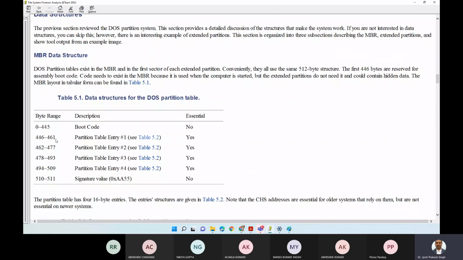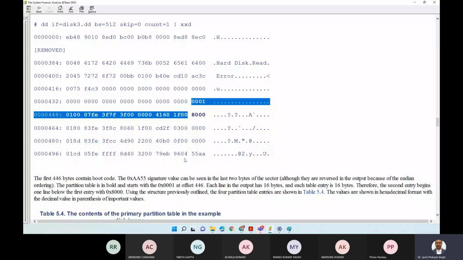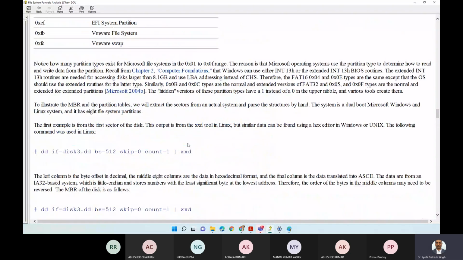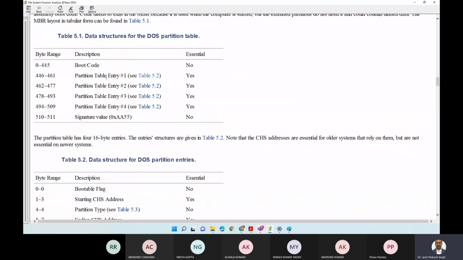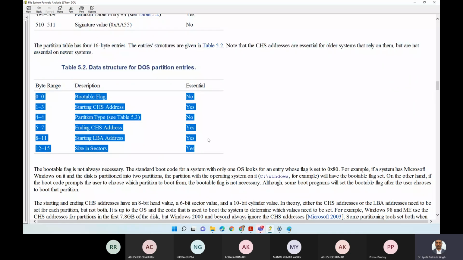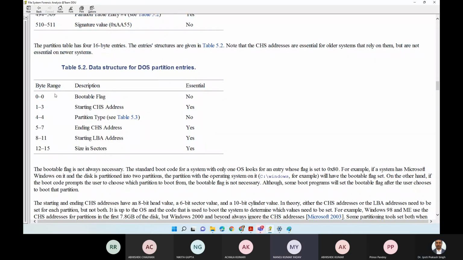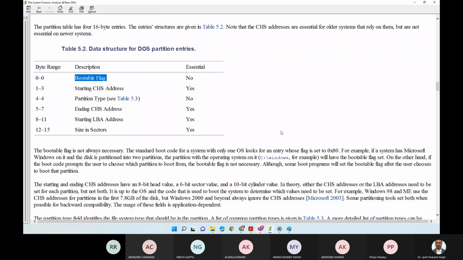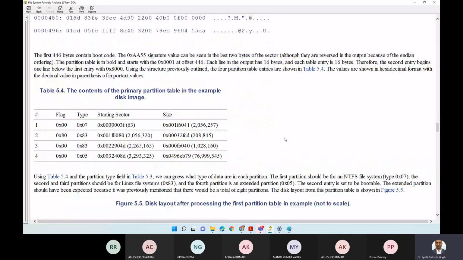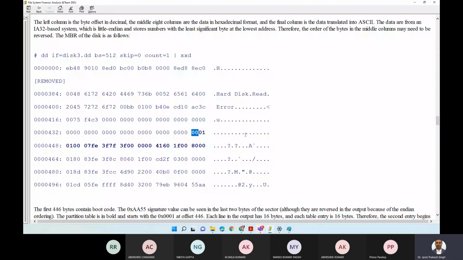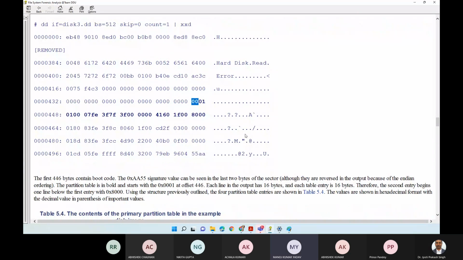नेक्स्ट वाज 446 से 461 तक पार्टीशन टेबल एंट्री 1 था। तो यहाँ से लेके यहाँ तक ये पूरा एरिया पार्टीशन टेबल एंट्री 1 के लिए होगा। 4 पार्टीशन होते हैं, हम लोग जानते हैं। तो पार्टीशन टेबल एंट्री 1 will be this one. अब पार्टीशन टेबल एंट्री 1 के अंदर इतने फील्ड होंगे। फिर ये भी सही है? यस सर। तो पहला पार्ट है बूटेबल फ्लैग। सो देखो, 446 जीरो है, यानी कि ये बूटेबल नहीं है। फ्लैग सर।